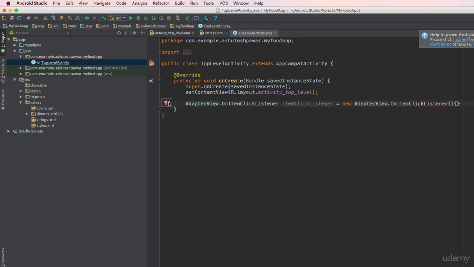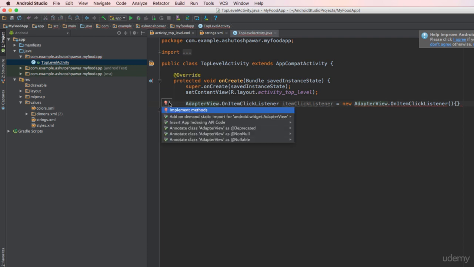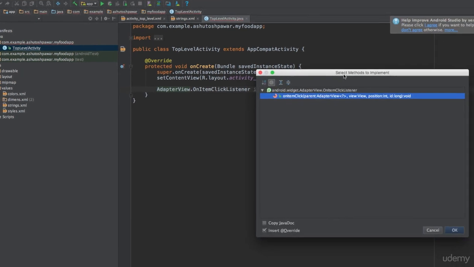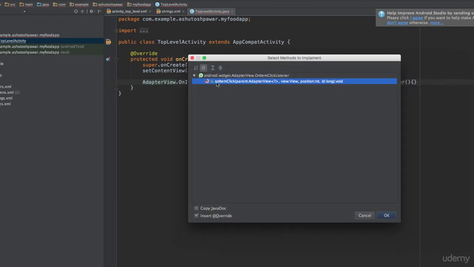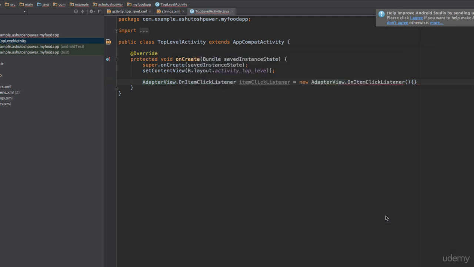So what we will do is hover over this right here, and as you could see, you are going to find a red light bulb over here. When you click this, you get an option to implement methods. If you select this option, it gives you the option to implement this particular method, and that's exactly what we wanted to do. So simply hit OK,